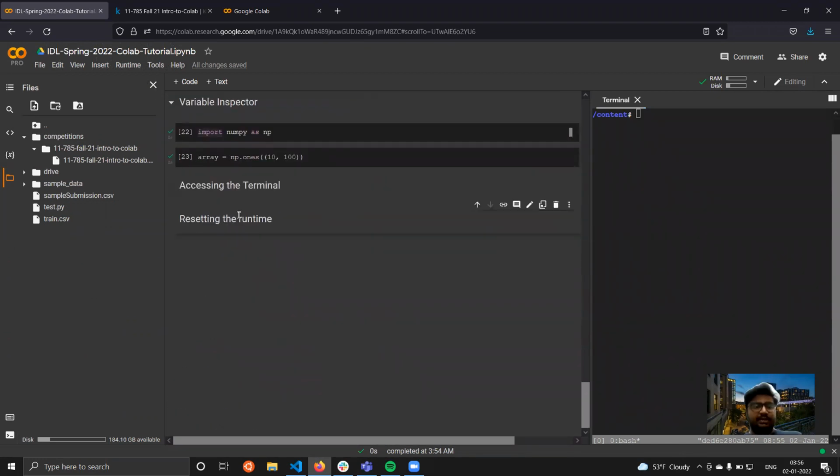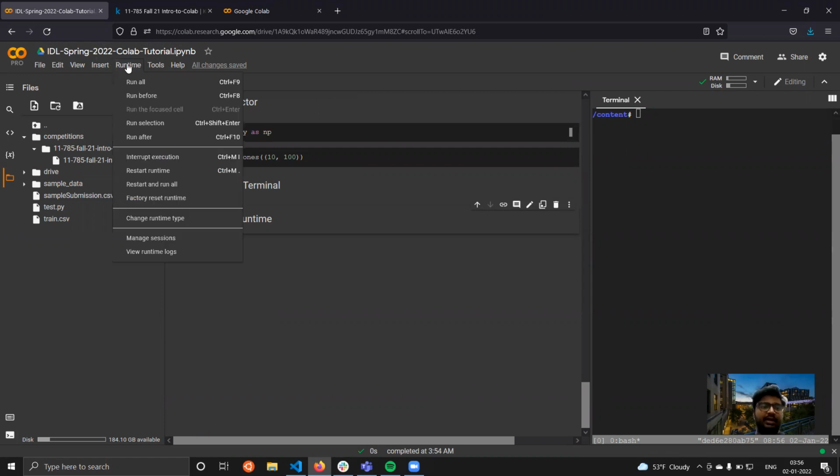And finally is resetting the runtime. One of the most common errors that you'll encounter, and everyone who has taken this course has encountered, is the GPU running out of memory or running into some weird errors. In that case, you'll have to restart the runtime, which will basically flush the GPU, and then you can rerun your code. You have a couple of options here.